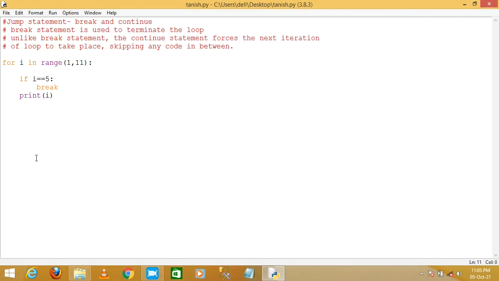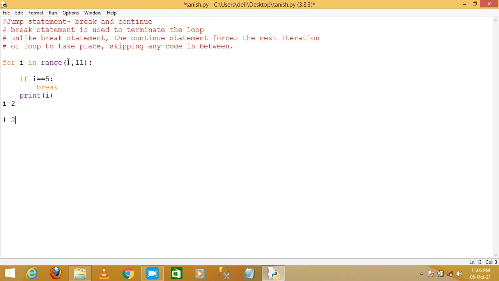How? Just understand the program. First of all, the start value 1 is assigned into the i variable, and the condition is checked and becomes false, so control comes and prints the value of i as 1. The second time, the value of i is 2, the condition is false, so control comes here and prints the value of i as 2.